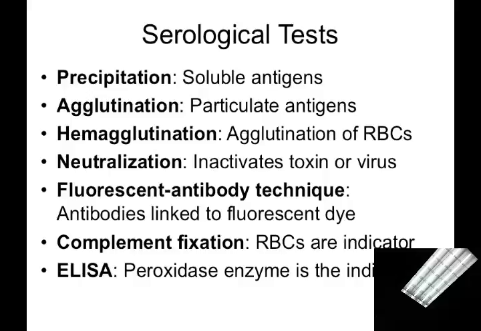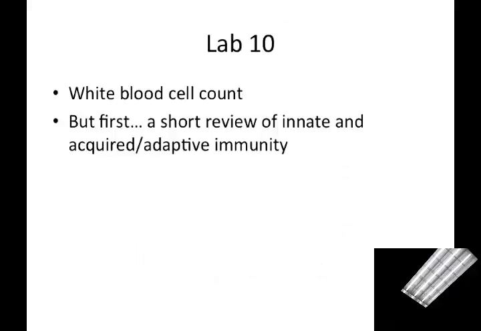There was nothing to prevent that second step where you add the sheep red blood cells and the antibody to the sheep red blood cells. There's nothing to prevent that from activating the complement pathway. Finally, we get the ELISA, right, enzyme-linked immunosorbent assay, where we have an antibody linked to the enzyme peroxidase, and that's our indicator. Okay, so